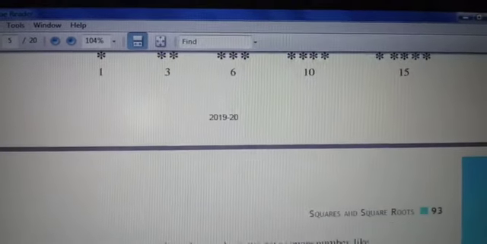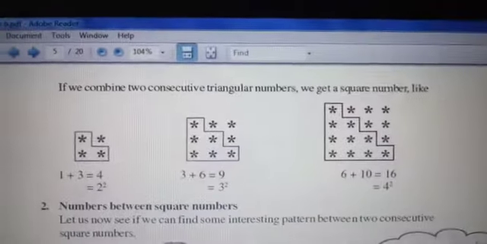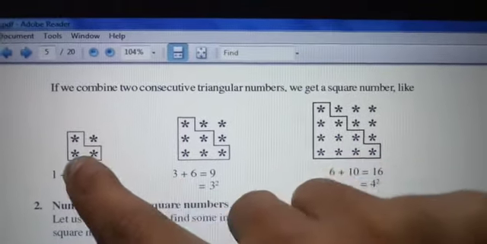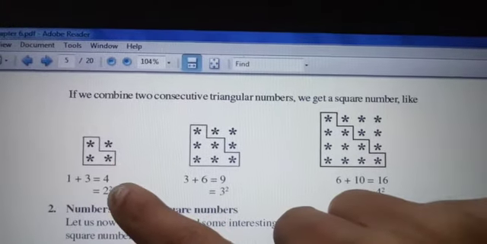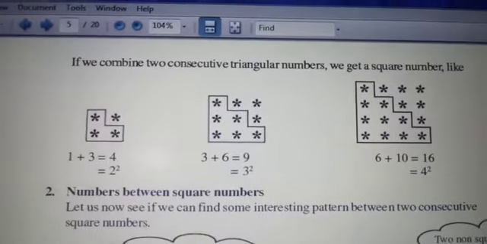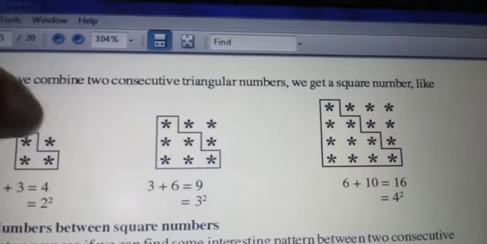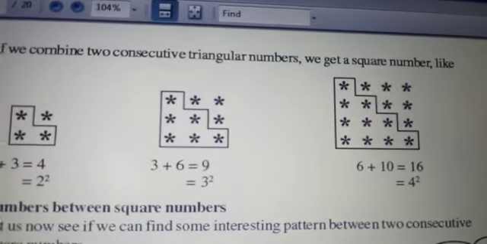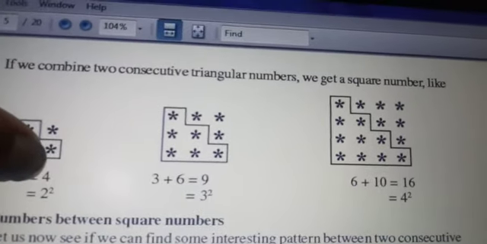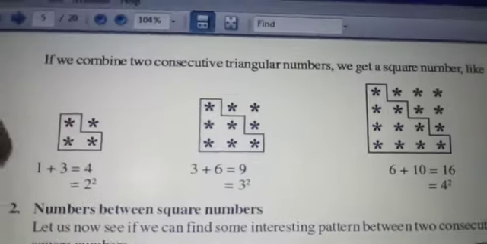Next, see, 3 is one triangular number, and in that I am adding one box. If you add 1, just opposite to this, you will get a square number. Listen, children, you know 3 is a triangular number where 3 can be arranged like a triangle. If you add one small flower dot with this 3, I get 4. 3 plus 1 is 4. This 4 is actually 2 squared, which is a square number.